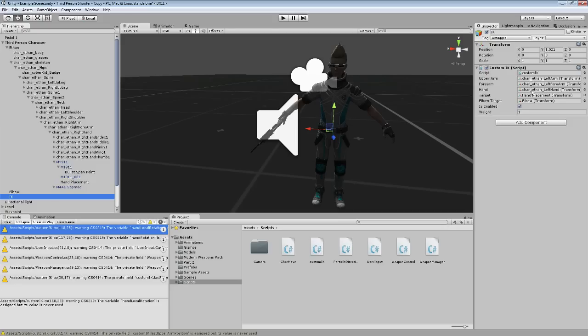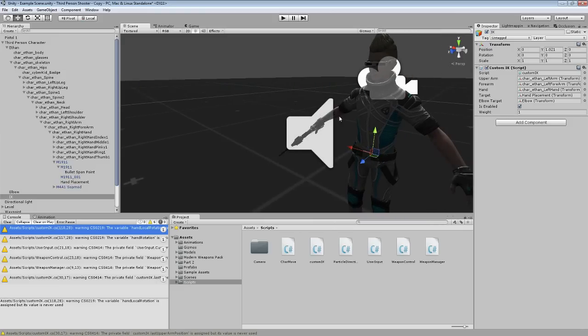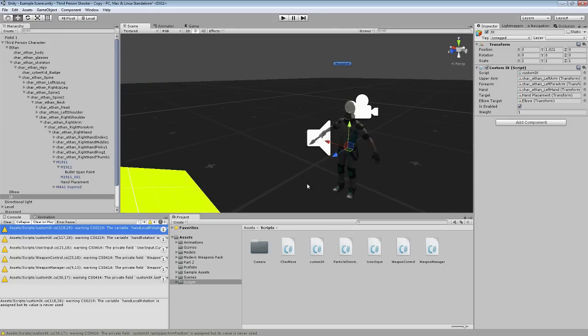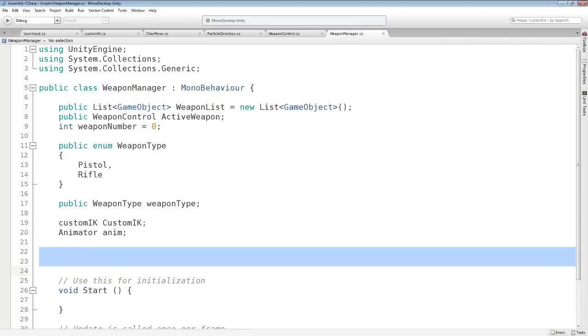Now we want to automate all this stuff, so we don't have to drag and drop them every time, and so that they can change anytime we change the weapon, because for the pistol you might not want to have the same position as you will have. The elbow might not want to have the same position as the rifle. So let's go back to our weapon manager,